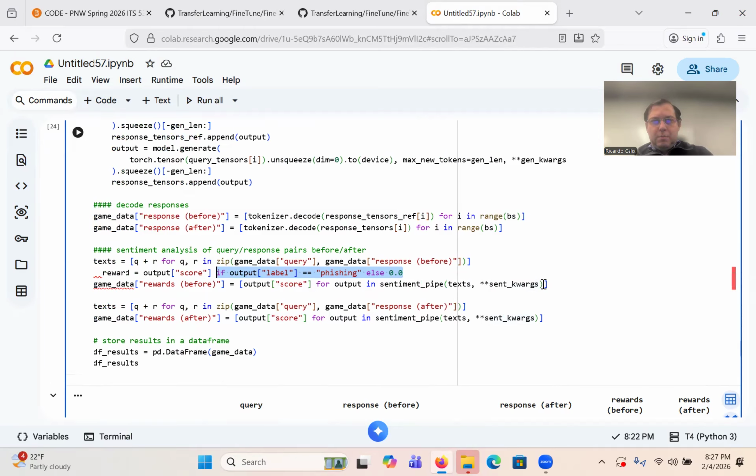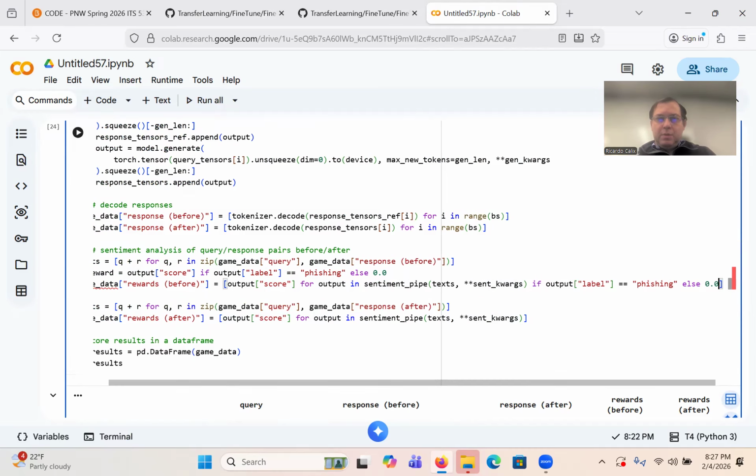It would be something like this, like output score for output score and sentiment if output label equal phishing else 0.